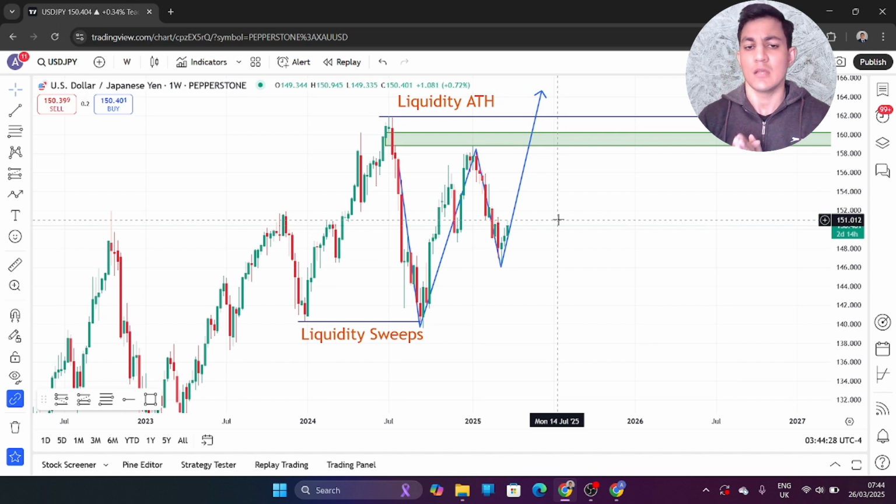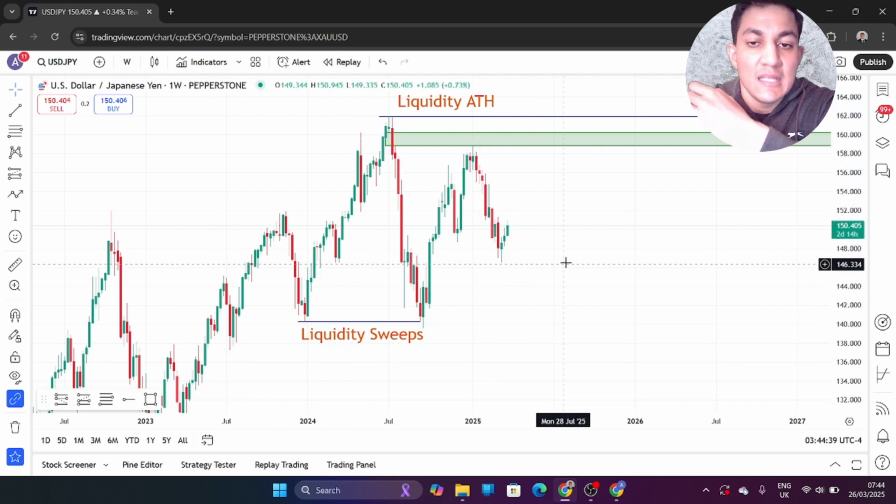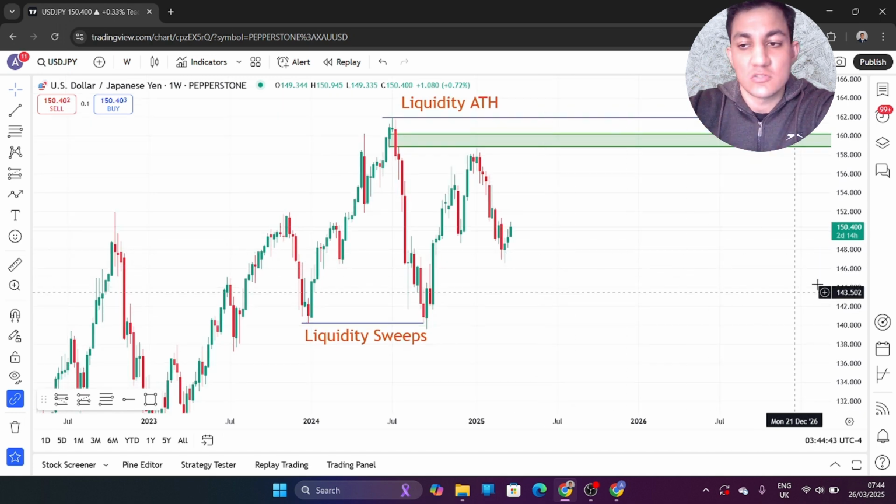And you might hear ICT or other people say price is fractal. What they mean by that is this, right? The exact same thing that happens on the 1 minute chart happens on the weekly chart. Now, what that means for us as traders, we're not trading the weekly chart, is it means for us the overall direction is bullish, right? The overall direction is bullish because